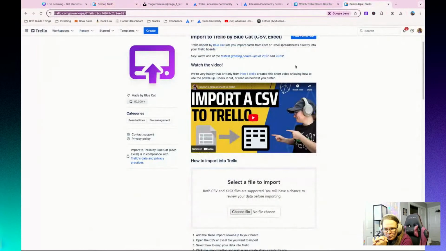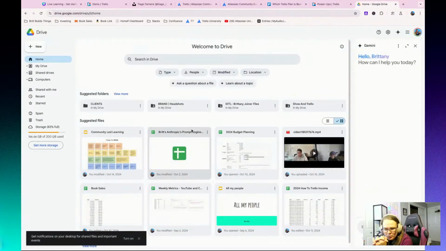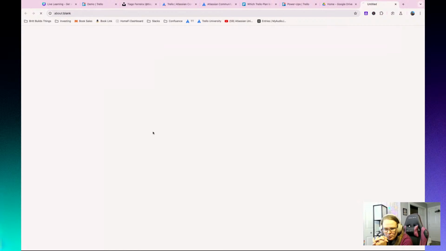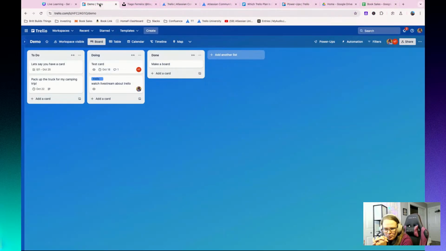Other fun trick I'll show you, if you're just trying to copy one specific sort of thing. Let's see, I'm trying to find a good example of one. Sure, let's do my book sales. Let's say you have a list you wanted to copy. You can copy all of those cards in that list, and then you can go to Trello and paste that in there.